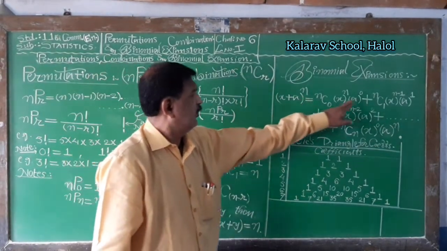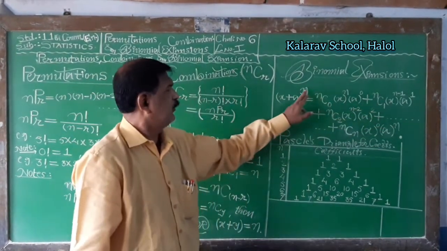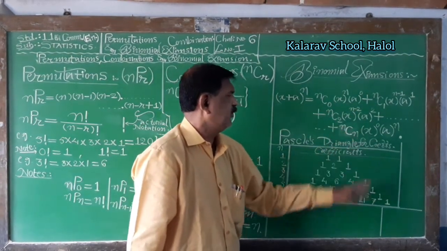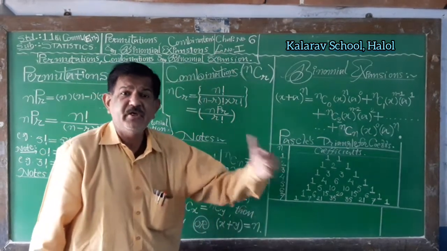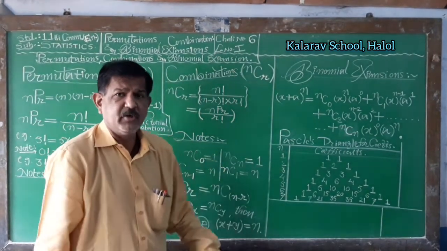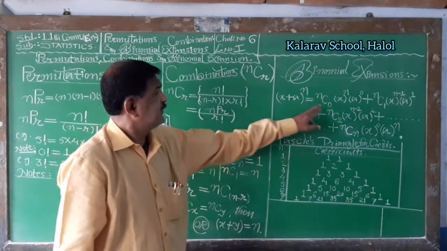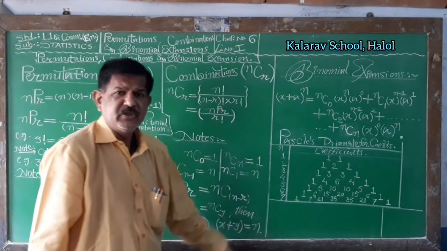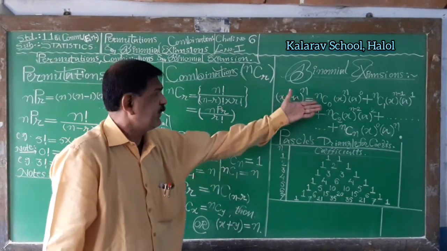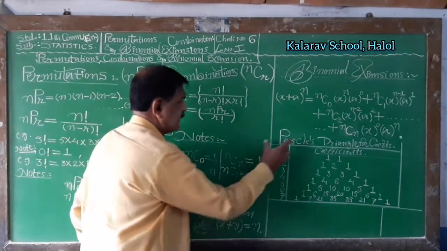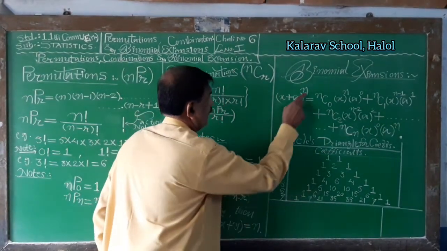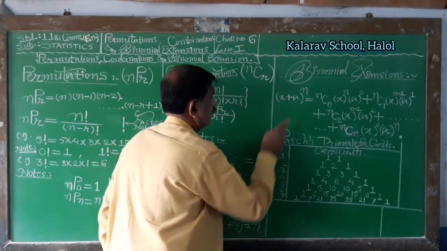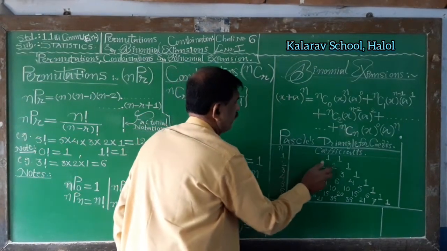For example, n equal to 5, then 5C0, 5C1, 5C2, 5C3, 5C5 are known as the coefficients of the different terms, and they are calculated with the help of Pascal's triangle, which is very useful in binomial expansion. In Pascal's triangle, n is the exponent. If n equals 1, then for both terms the coefficients are 1. If n equals 2, then 1, 2, 1.